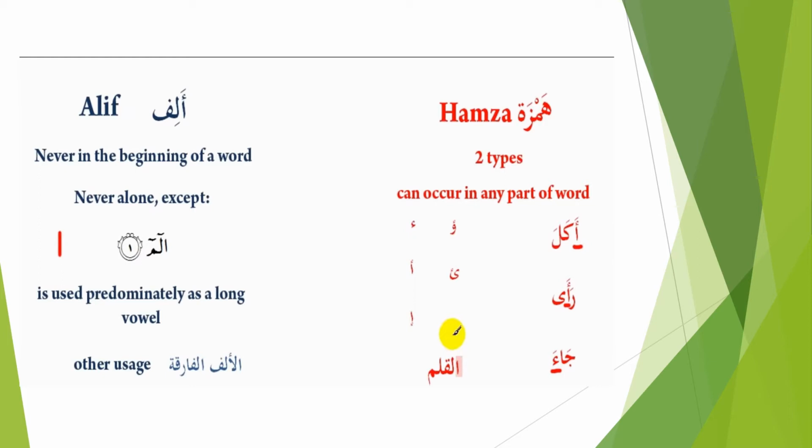So when you will see an alif, just like you see over here, it will always come as a standalone entity. There's going to be no movement on top of it. Okay, so you see it just as a standalone entity. All right, on the other hand, an alif with the harakah on top, on the bottom, that basically makes it a hamza, and it can occur in any part of the word. It can be in the beginning, it can be in the middle, it can be in the end,